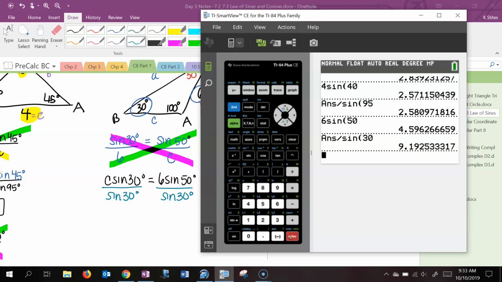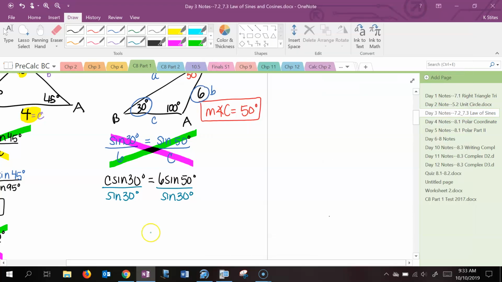So 9.193 approximately. Okay, and we'll find one more. Again, you want to start with the matching pair that you know, because that information was never rounded. So sine of 30 over 6, we'll begin with that again. And this time we're going to do sine of 100